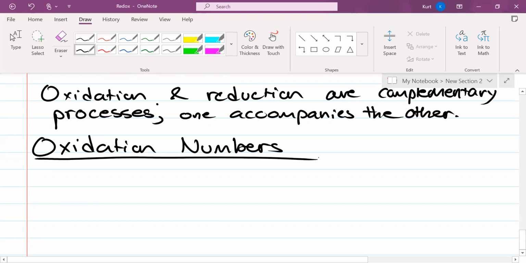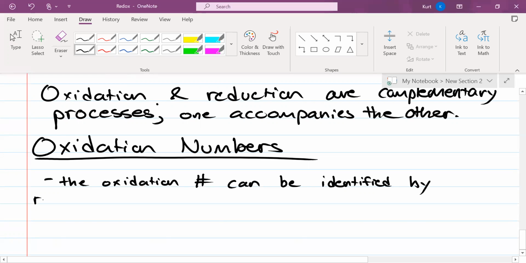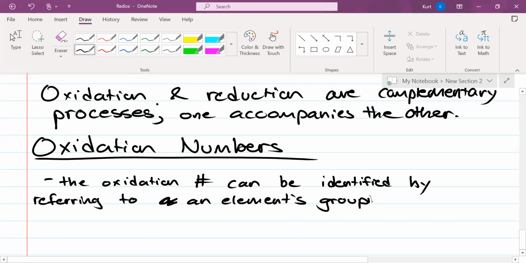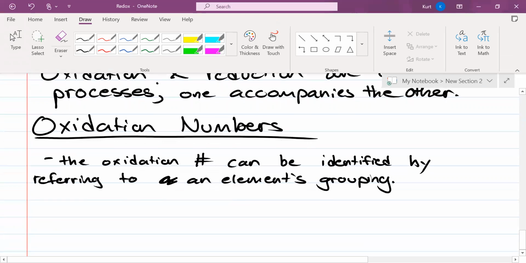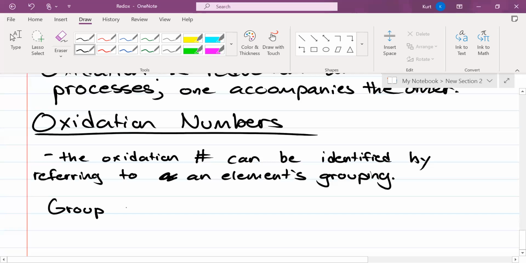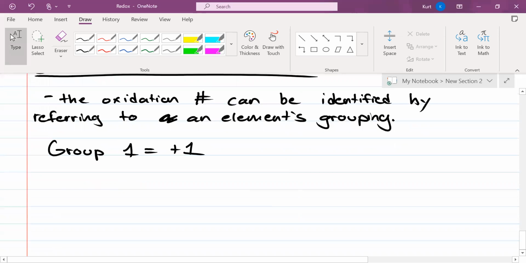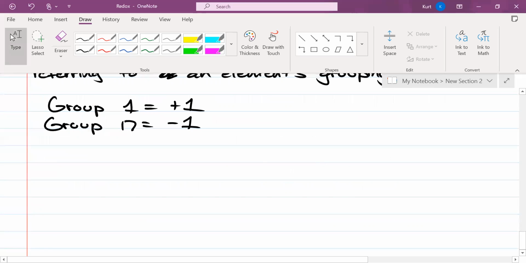All right, next topic. What are oxidation numbers and how to identify them? It's pretty simple. The oxidation number can be identified by referring to an element's grouping. Group 1 has a positive 1 charge. If I were to go to group 17, it would have a negative 1 charge. It's the same way you guys figure out the ionic charges. So if I were to actually draw a periodic table,